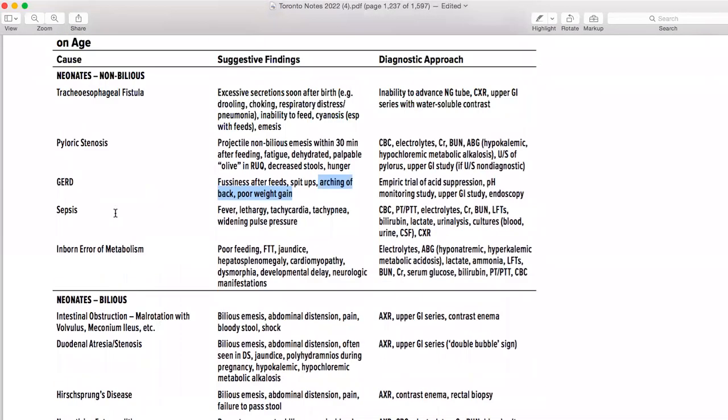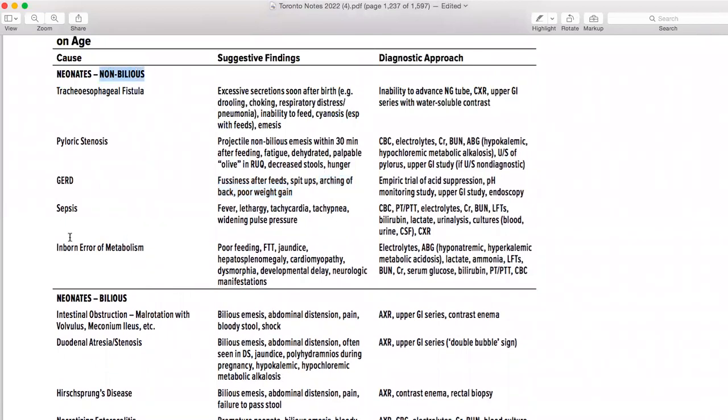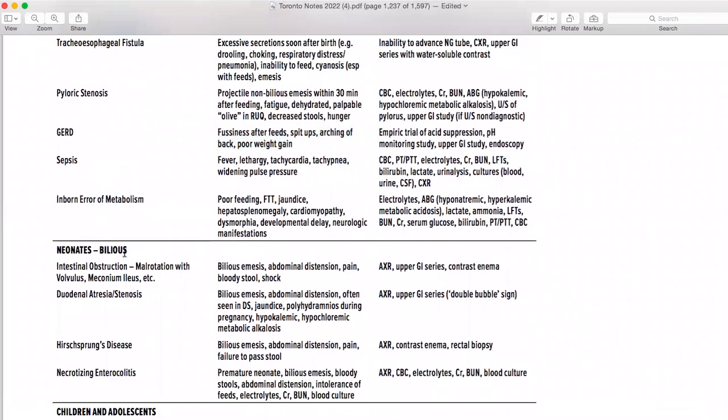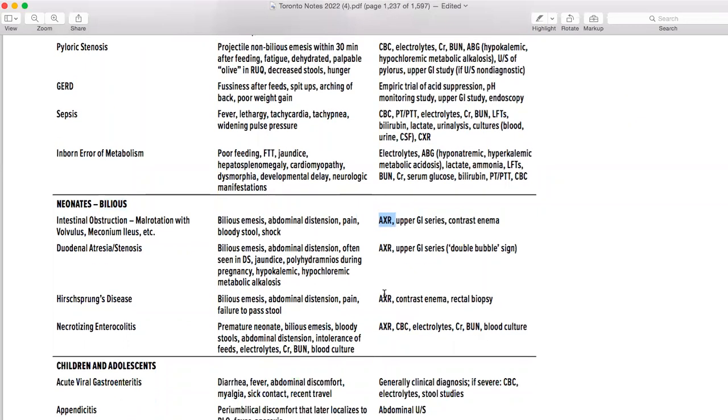Then if it's presenting with bilious vomiting, the earlier ones were non-bilious, this is the differential diagnosis. If it's coming with bile, the problem would be below the duodenum. That's why there is bilious vomiting, like in duodenal atresia or intestinal obstruction. Anything happening at that level, the bile is already mixed but it's not going down, now it's coming from your mouth. So the problem is bilious emesis, abdominal distension, pain, bloody stool, anything. So you are going to do an X-ray, as we already discussed in general surgery yesterday night, that an abdominal X-ray should be done.